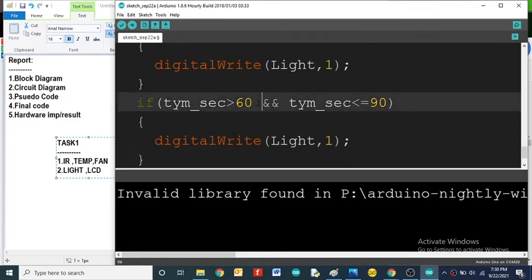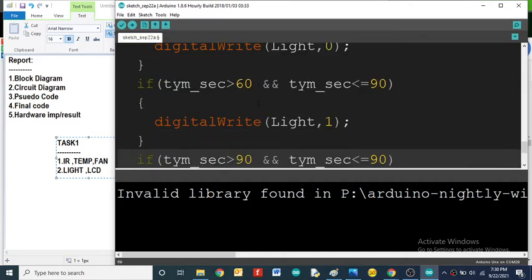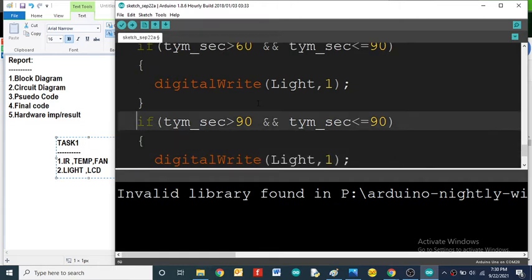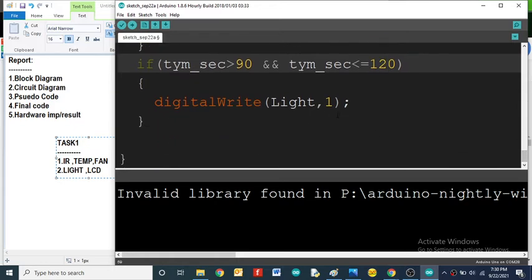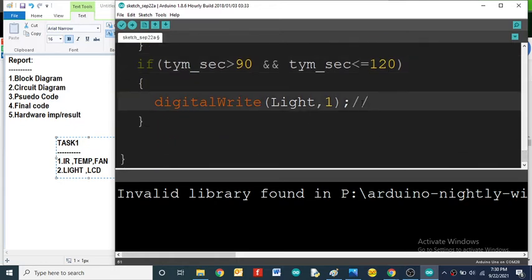If the time is between 91 and 122, then turn on the lights with 50% intensity. Here we must turn on lights with 50% intensity.